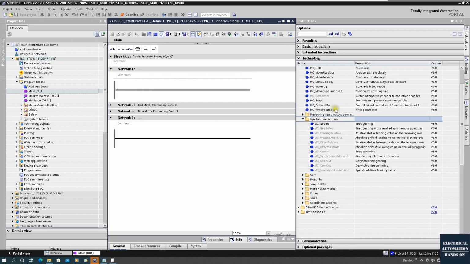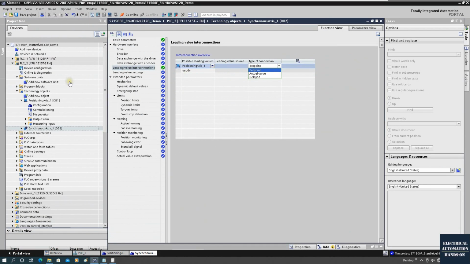Like here, at the left side, I'm using the standard PLC now. For the synchronized motion, the only function it can do is the MC_GearIn. This is relative. It can do the velocity gear synchronized function. If your CPU is the T CPU, technology CPU,